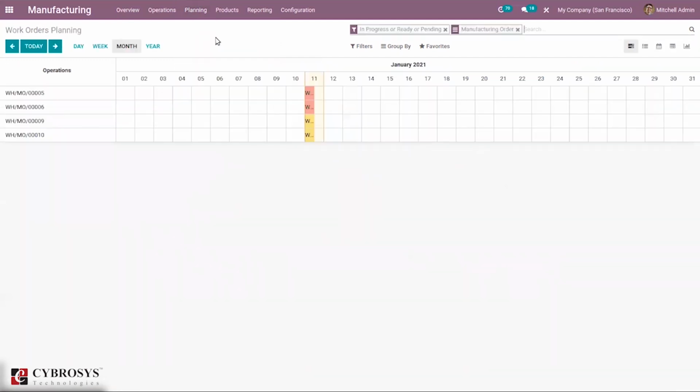So when you click on planning by production, we can see the manufacturing orders, that is operations, and you can see by default they are filtered by work orders in progress, ready, and pending state. Okay, so these are the manufacturing orders. So here we can see for tabletop the planning, start date, stop date, and work center name. So this one is actually Gantt view. So we can get day wise planning report, then week wise, month wise, and year wise.